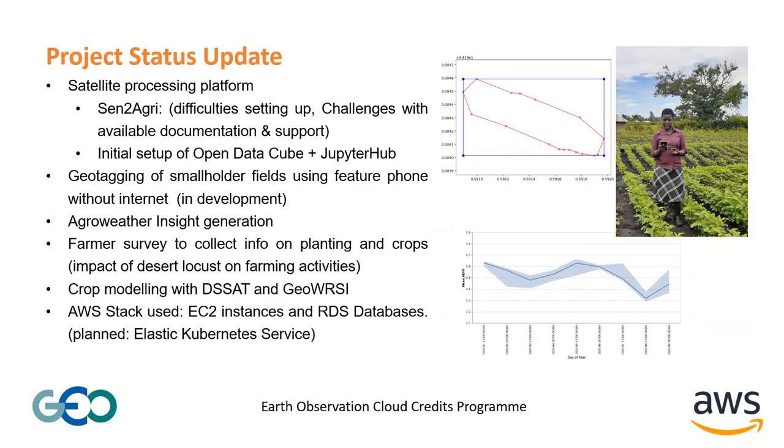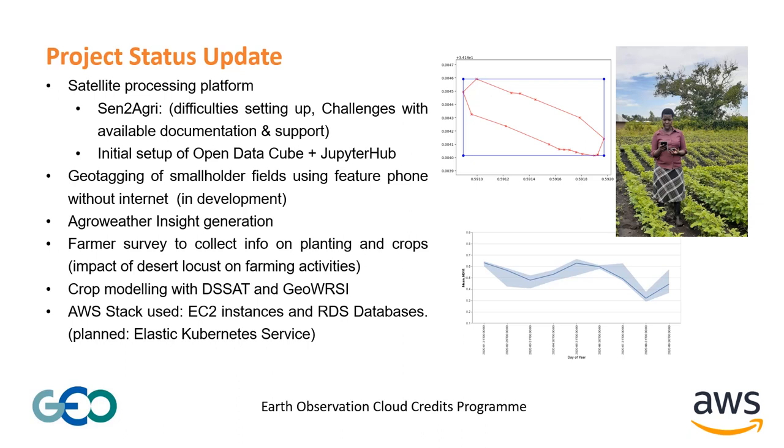During this project, we started by looking at how we can set up the Send2Agri system. The Send2Agri software was to provide us an opportunity to monitor crop development during the season, with services such as dynamic cropland masking just after planting, at the middle of the season, and then at the end of the season, to understand what varieties of crops have been grown within the country, to determine the crop type map and identify the vegetation status of the crops.